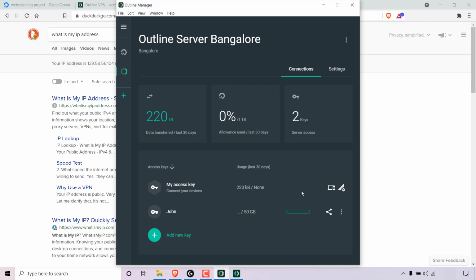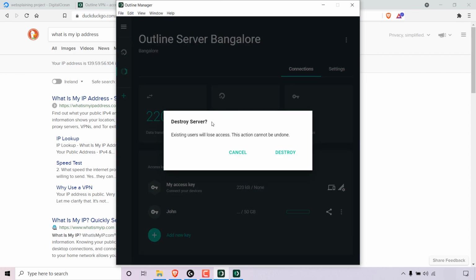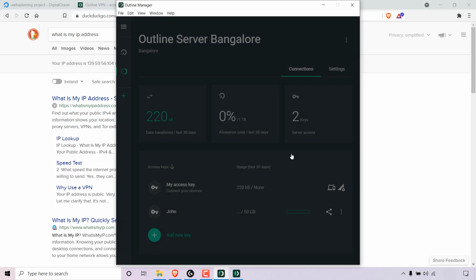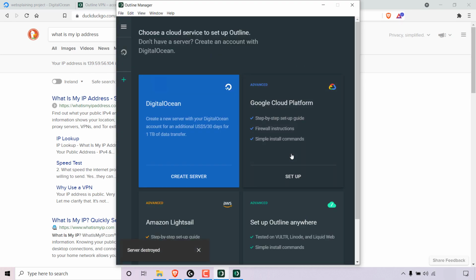If you want to delete your DigitalOcean Outline VPN server, all you'll need to do is open up the Outline Manager, navigate to the top right hand corner here, left click on the 3 vertical dots and left click on destroy server. Destroy server, existing users will lose access. This action cannot be undone. You have the option to cancel or to destroy. I'm going to left click on destroy. And as you can see guys, you're brought back to the first page on the Outline Manager when we first